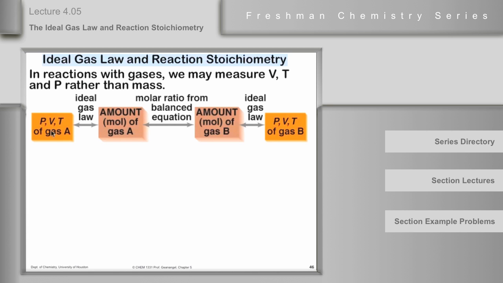So if we were to convert a reactant A gas to a product B gas, what we would have to do is use PVT information to convert volume of A to moles of A. And then in the balanced chemical equation,